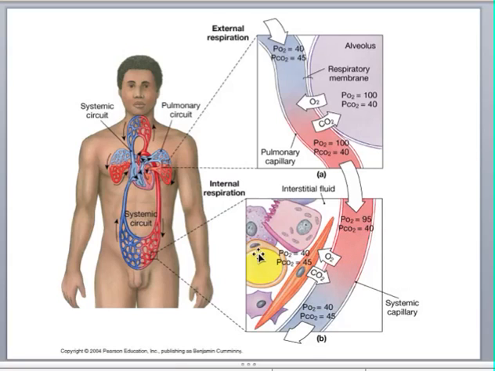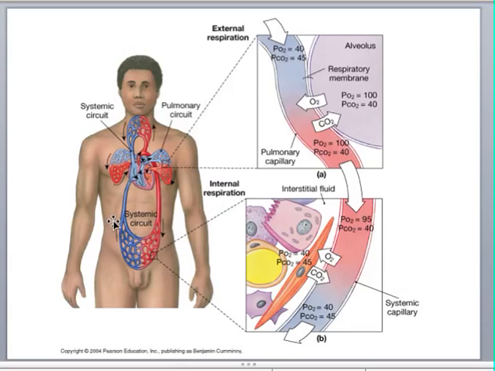So the CO2 is going to go from an area of greater to lesser pressure, 45 to 40. So now the CO2 will enter the systemic capillary, and the PCO2 is going to come up to 45. The PO2 is going to be dropping down to about 40 because it's being used up,